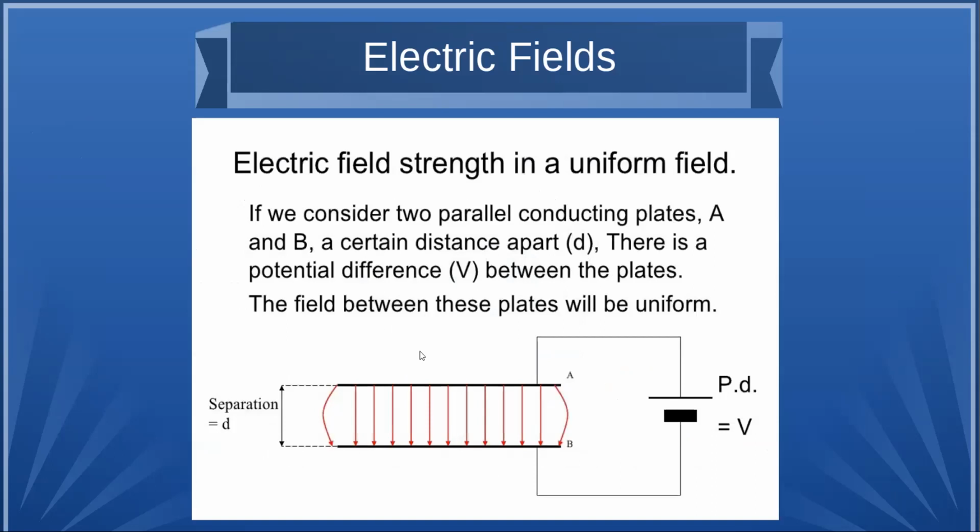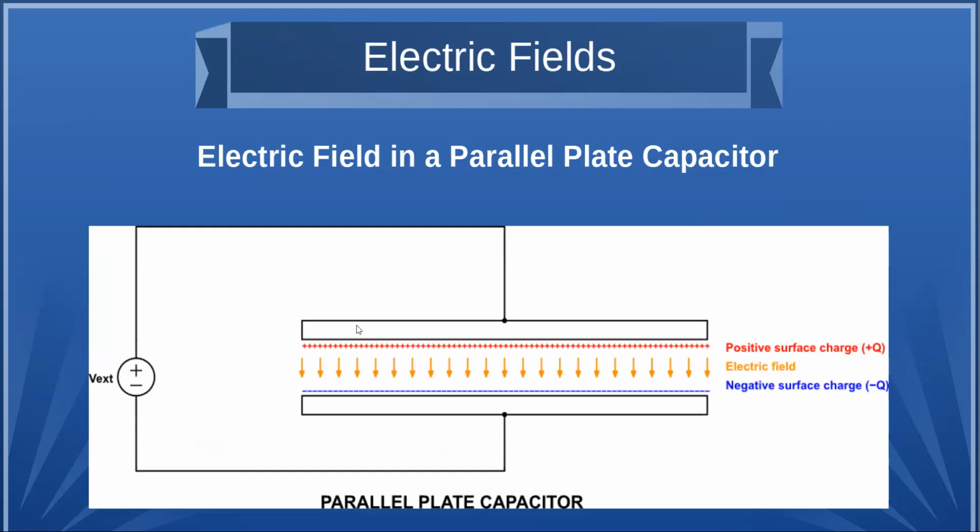So if we have these plates that are separated by a certain distance, with a potential across them, you're going to get a uniform field. And this is what turns out to be what we call a capacitor. You've got a charge building up on one plate, an opposite charge on the other, so you have this field between them. The strength of the field is going to be determined by the distance between them